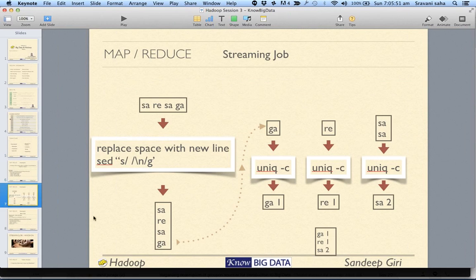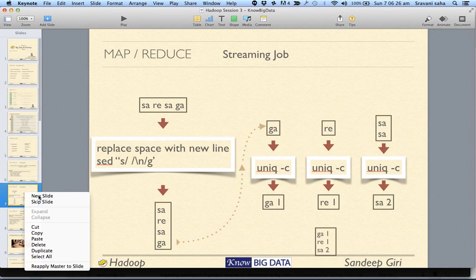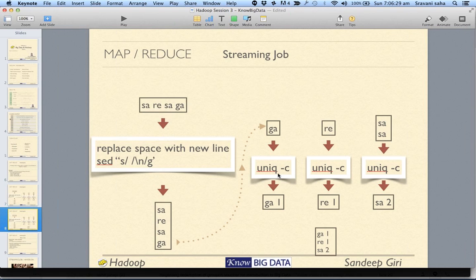So basically what is it doing actually? Imagine that this is your input text. Now in this input text, first it will replace the space with new line. It becomes like this. And imagine that this is being split into multiple reduces, like in this case, and then after it is sorted, it comes to this. Okay, let me give you an example of a single one where, okay, so